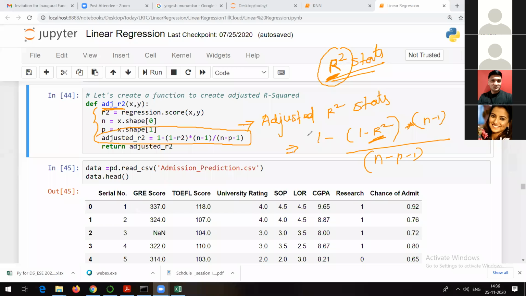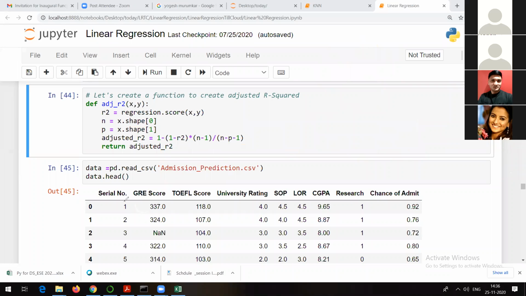It is just a straightforward formula which I have already mentioned in my notes. So if you are interested, once you get all these notes, you can refer to it in the above sections. Definitely you will get that. So for now you can understand R square and adjusted R square are the statistics which we are going to make use of to understand how our model has actually performed. That is the use.